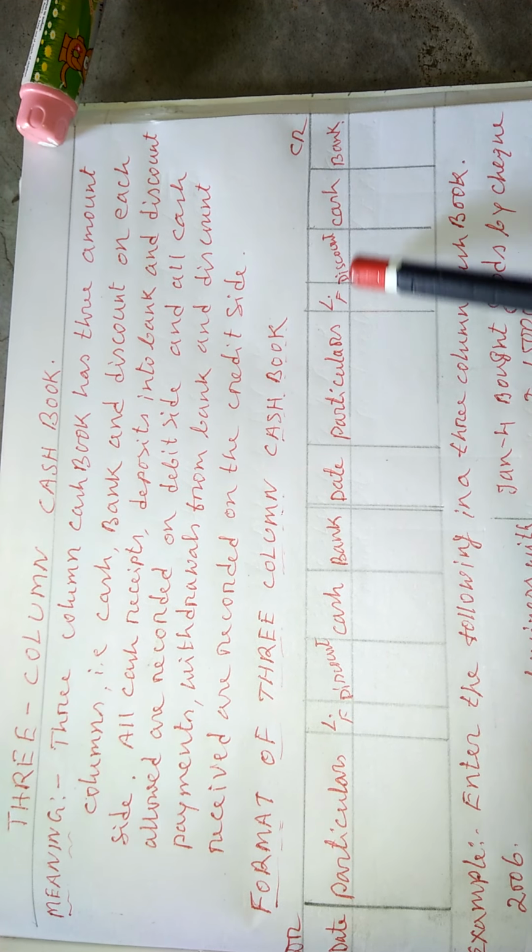Now see January 2, deposited into bank. How much was deposited into the bank? 40,000. From where will he make the deposit? He will make the deposit from cash only. So first it will be on the payment side, as he is actually making a payment to the bank. On the credit side of the cash column, it will show a decrease of 40,000, by bank, because it is paid to the bank. And in the folio column, you see one mark, C with an oblique and a bracket. That is a contra entry. It denotes that this type of transaction will have two side entries, on the debit side as well as on the credit side.